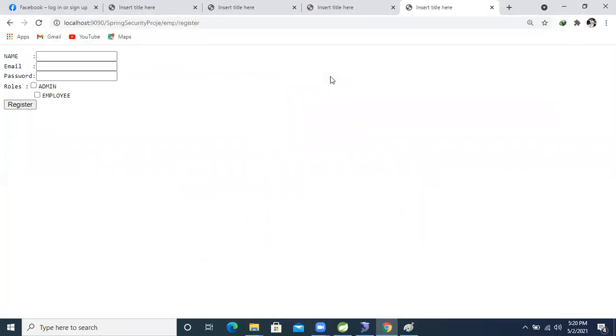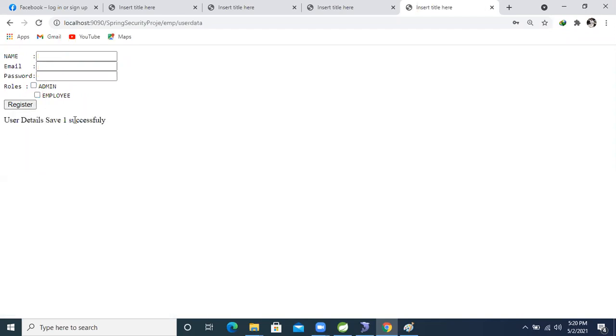I'm taking the name Padma, email P at the rate gmail.com, password 12345. I'm giving the permission admin plus employee also. Now register it.